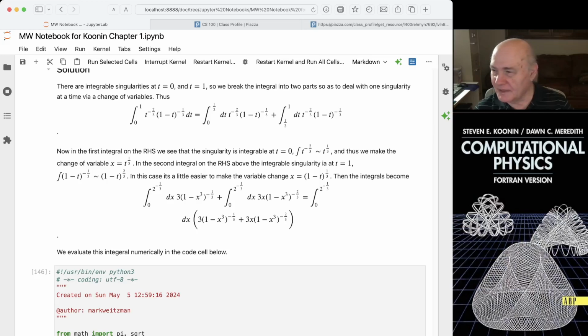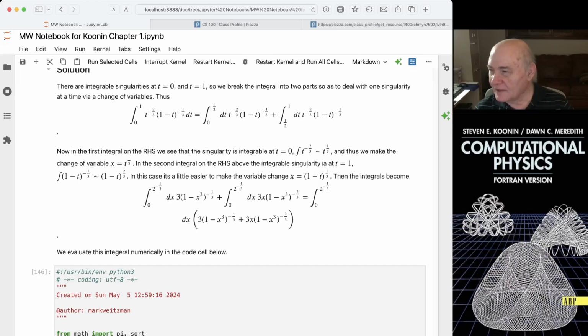So it ends up being the integral from 0 to 1 over the cube root of 2 of this function: 3 times x squared times 1 minus x cubed to the minus 1/3, plus 3x times 1 minus x cubed to the minus 2/3. So at x equals 0, it's 1 to the minus 1/3, that's perfectly good, and 1 to the minus 2/3, that's perfectly good. And then at x equals 1 over the cube root of 2,